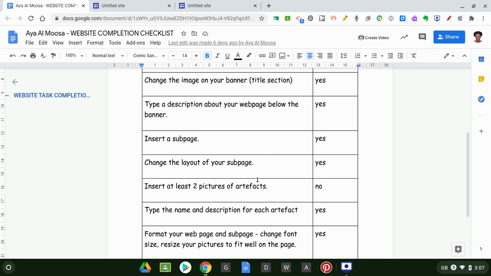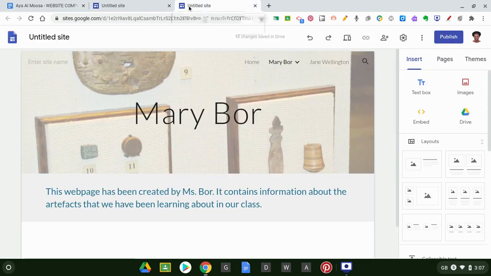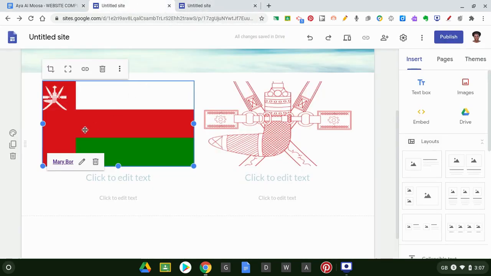So this is your chance to look at your checklist and see what you have not completed and complete it. Your next task is to go to your page and then create a link. So let's do that, and let's try and complete everything during this lesson because I will lock the whole website tomorrow.